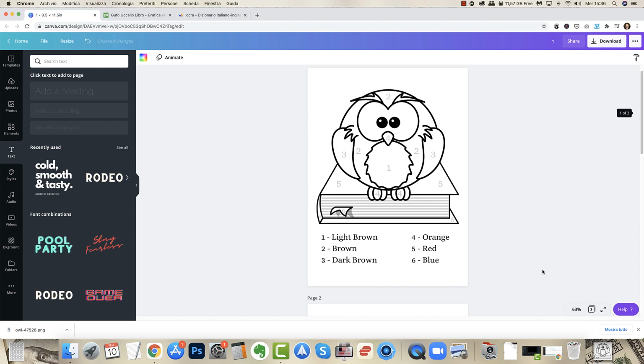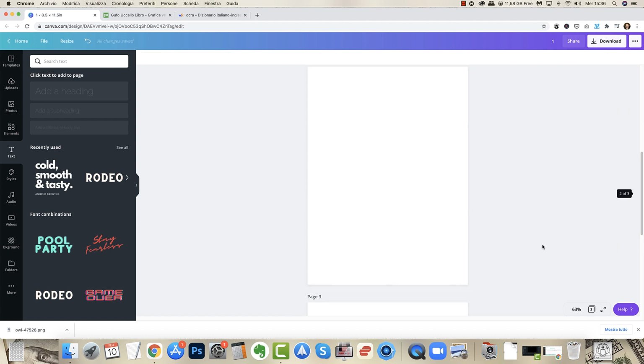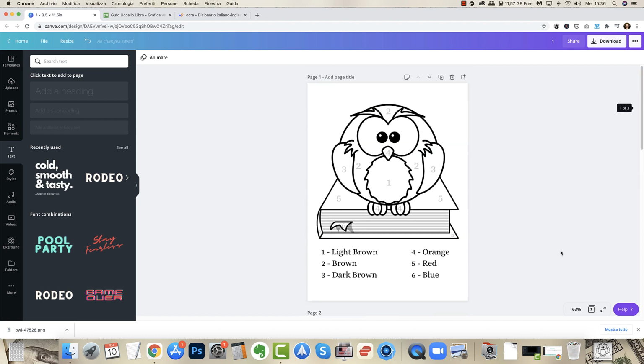You can make a copy of this if you want, to keep the same font for numbers and everything else. Obviously you just remove this and keep only the part below, but you can proceed this way, creating your own book. Now for the keywords,